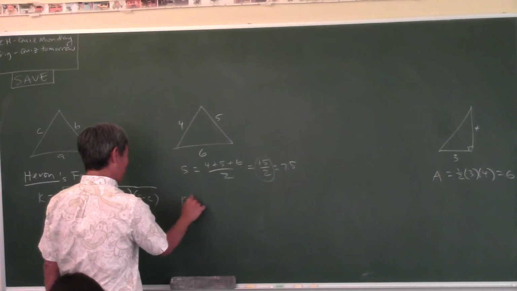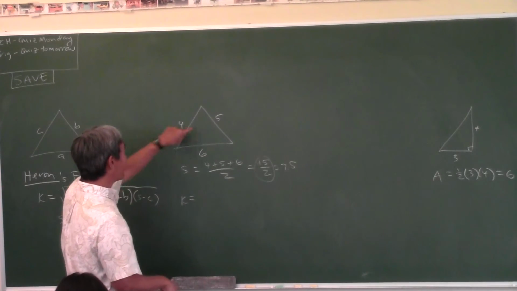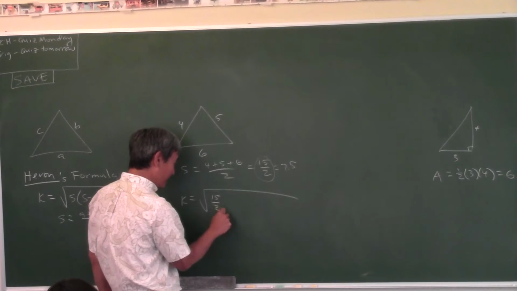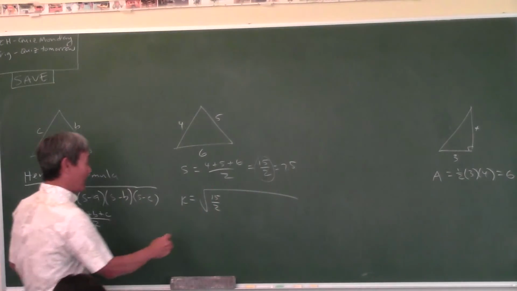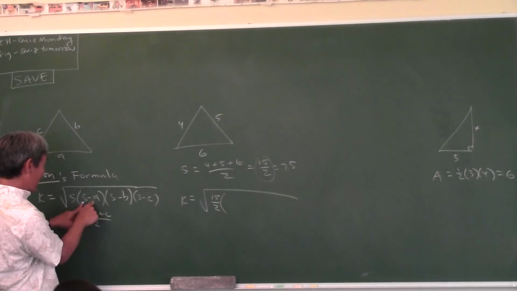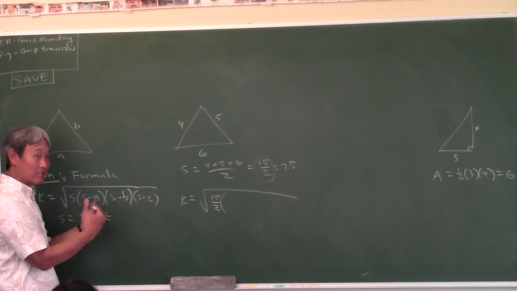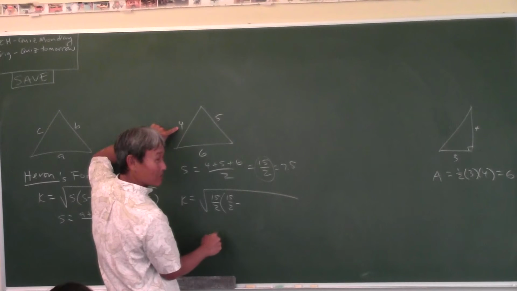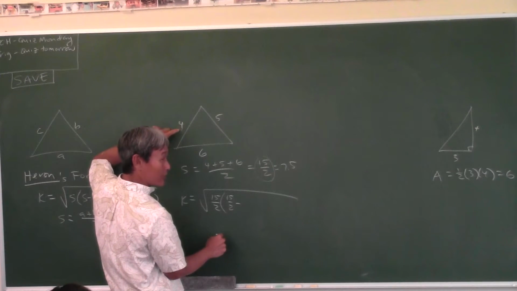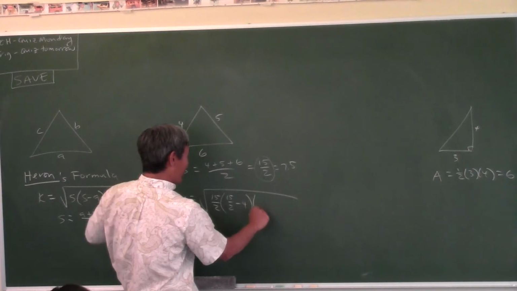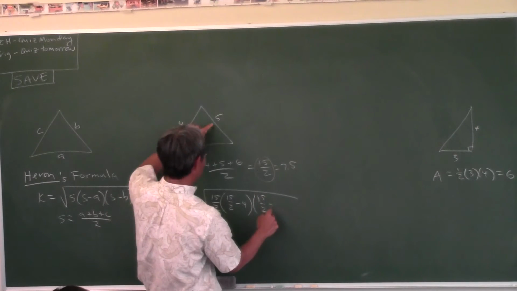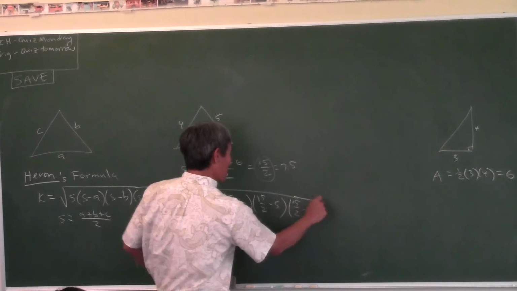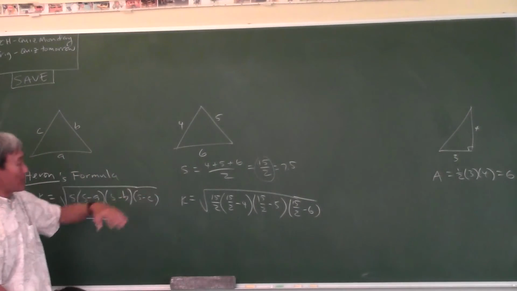So according to Heron of Alexandria, the area of this triangle is the square root of the semi-perimeter. Right? Just follow this formula. And then all you've got to do is go s minus a, s minus b, s minus c. Just keep subtracting the sides. So 15 over 2 minus the first side, 4. 15 over 2 minus the next side, 5. And then 15 over 2 minus the other side. Bam! That's it. You write that on your paper, you're going to get,